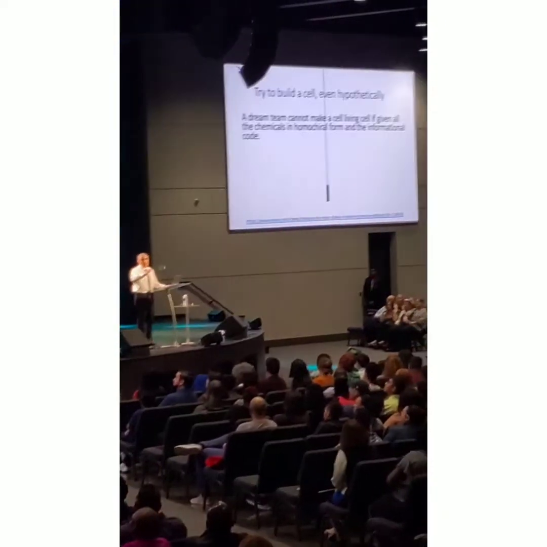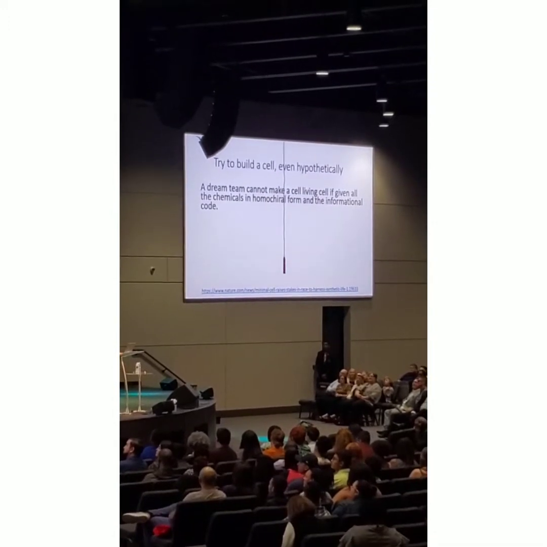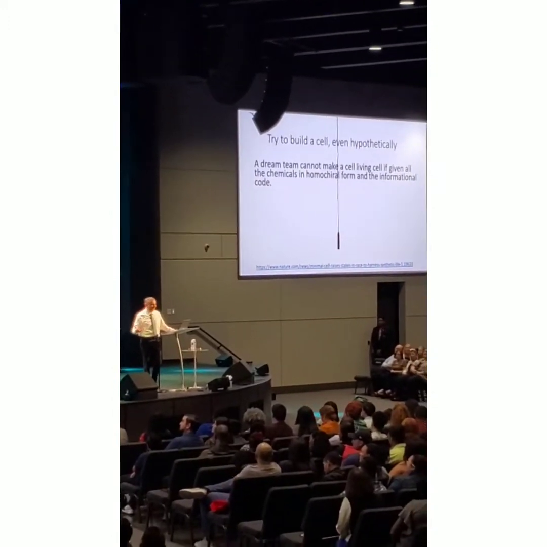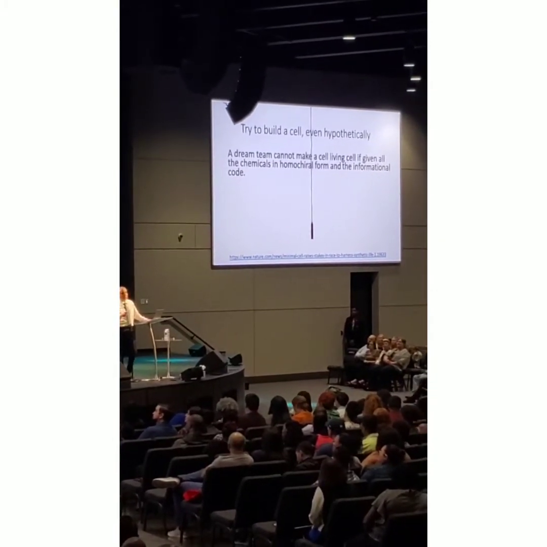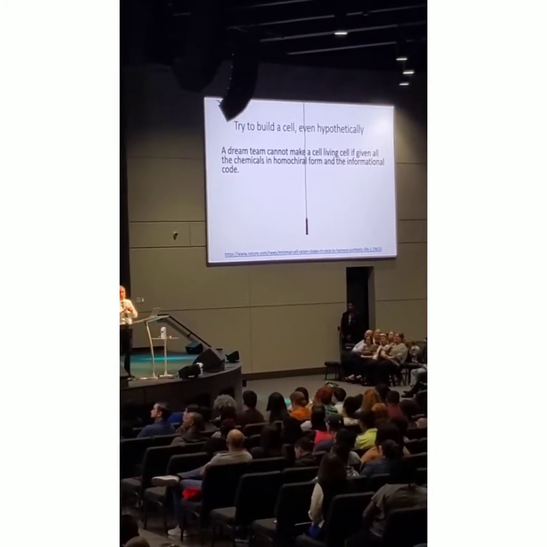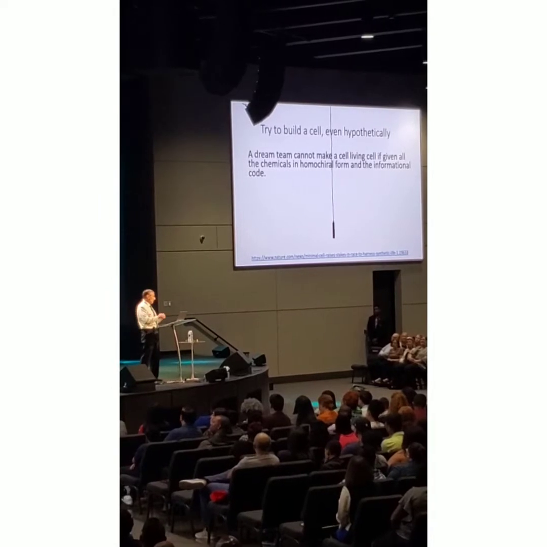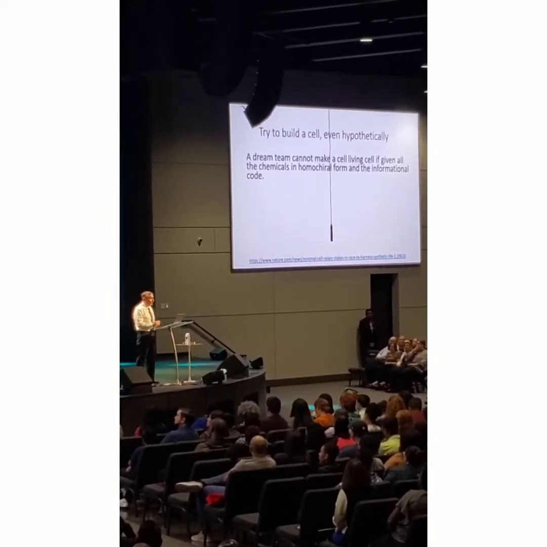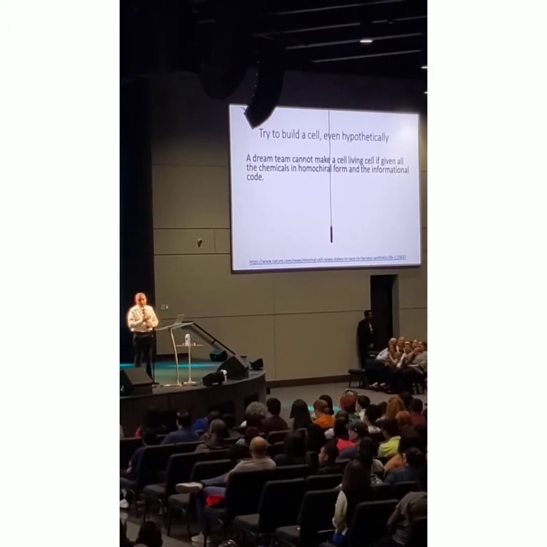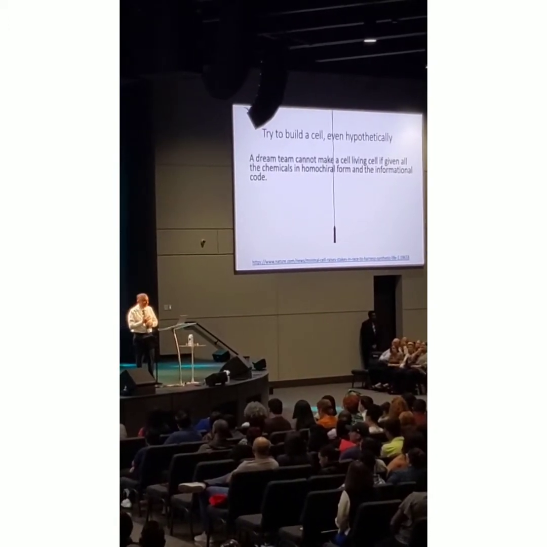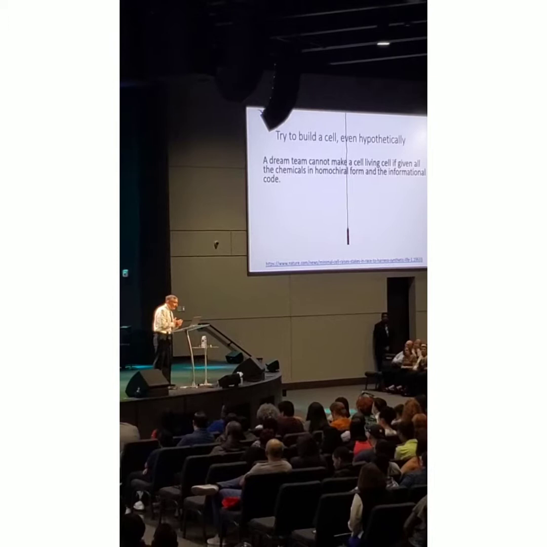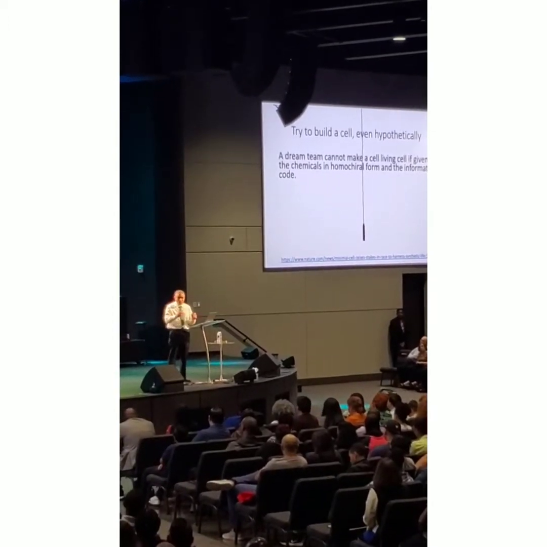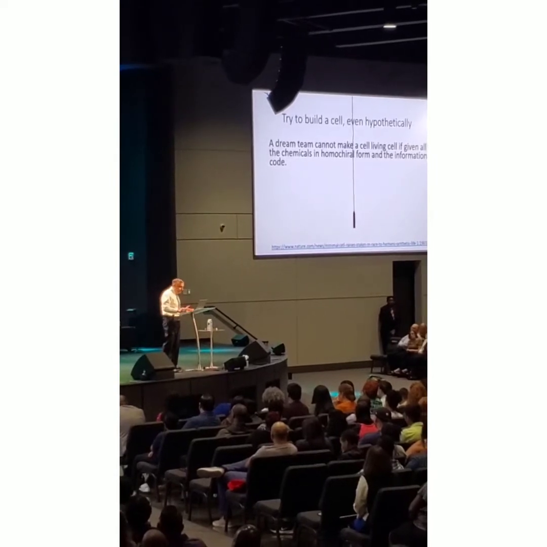You can get the dream team, all the smartest people you want together, and say, we'll give you all the chemicals. Can you build a cell? No, it's impossible. Okay, we'll even take the chemicals and hook the DNA in the order that we want. You tell us whatever code you want, we'll hook it together in that order. We'll give you all the amino acids hooked together as proteins to even give you the enzyme structures. We'll even give you the enzymes. Could you assemble a cell? The answer is no. Nobody can do it.